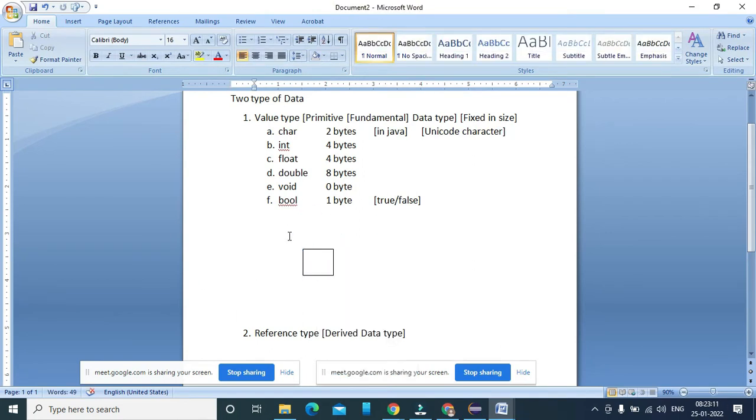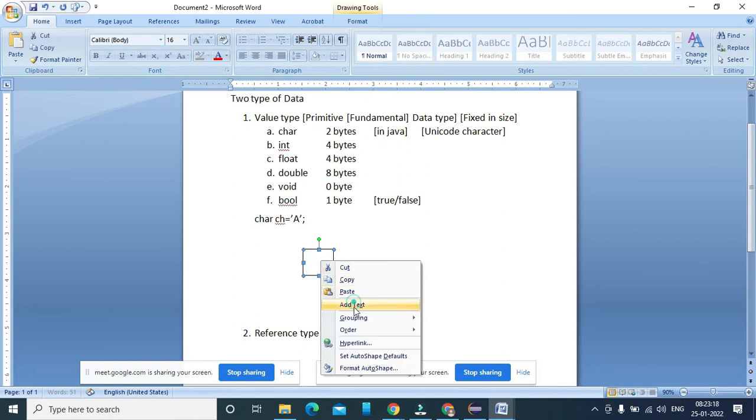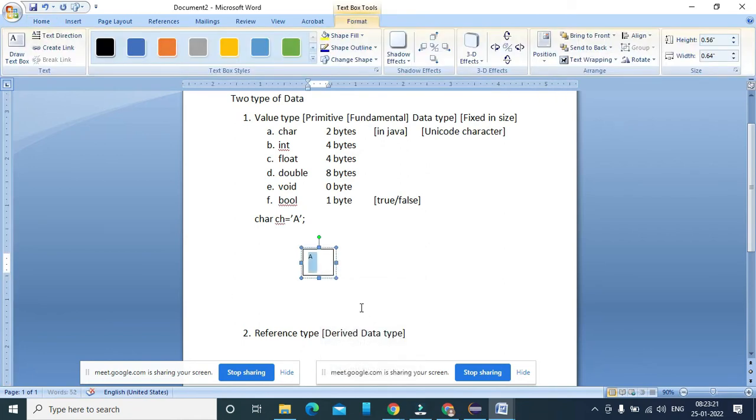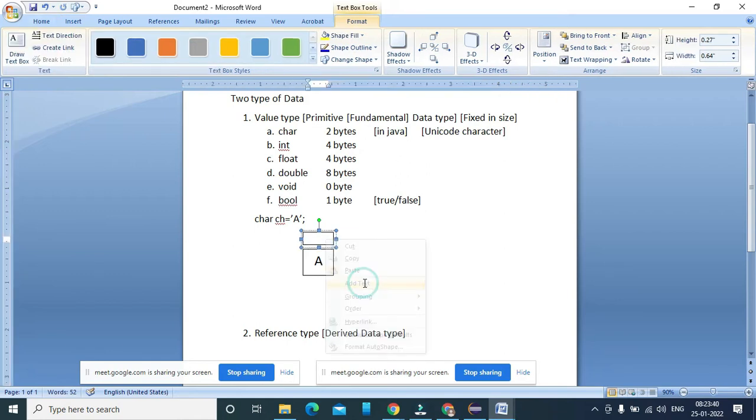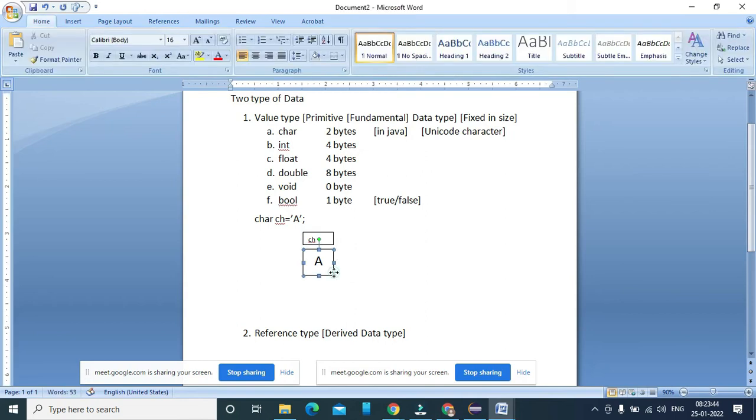For example, if I say char ch equal to a, what does this a mean? So a is nothing but a value inside that variable here. Okay, so if you see, a is a value, and each variable has a name and an address here. The name is only for programmer understanding, that he is declaring this variable as ch and the value is a.